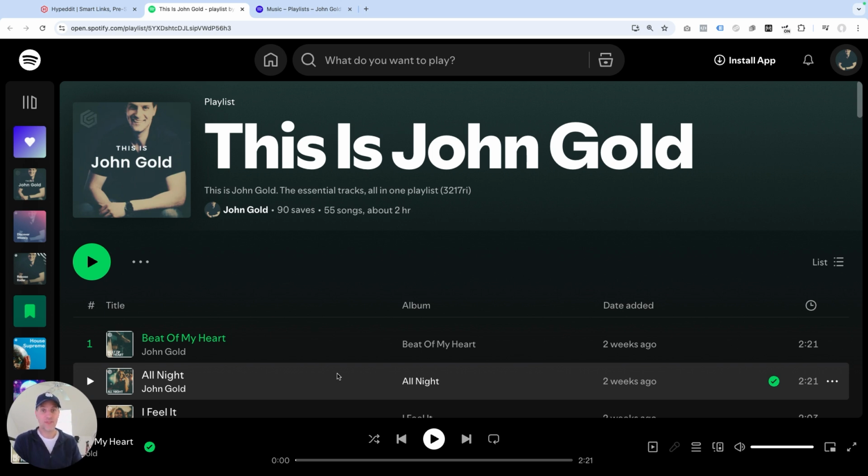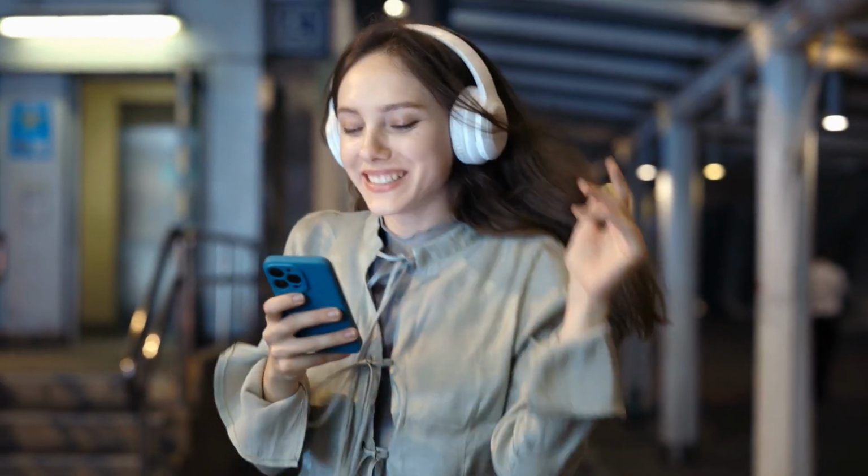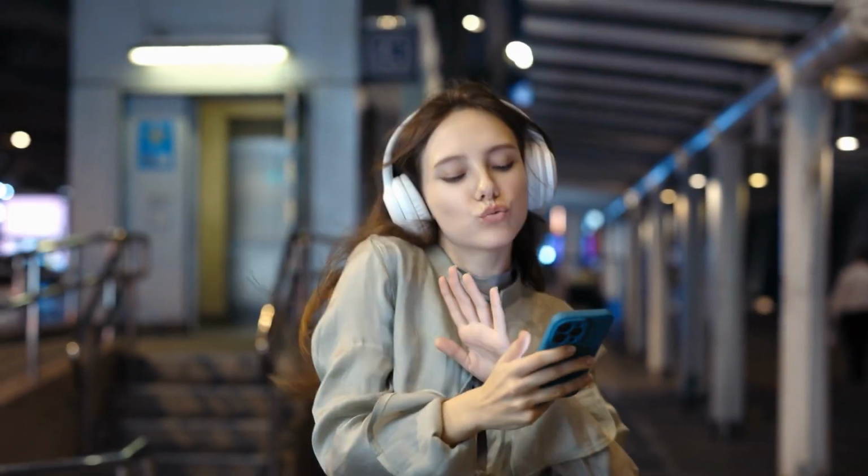And so the cool thing about this is that with this unique playlist in place, I was able to track the results specifically for that campaign over the last 12 days. And I can show you here that this playlist grew by 90 saves over that time period. So clearly that's an indicator that these are real fans coming to the playlist and enjoying the music. Otherwise, why would they ever follow the playlist?